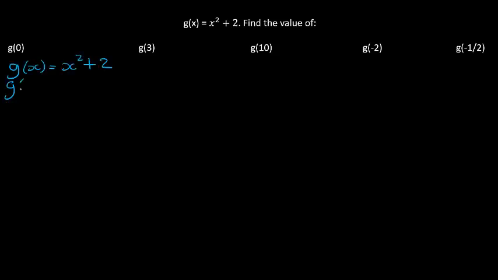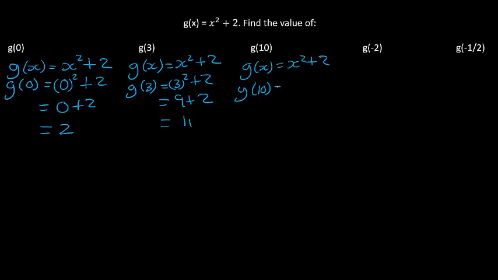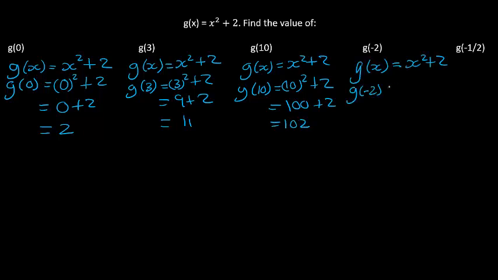g of 0 is equal to 0 squared plus 2, which equals 0 plus 2, which equals 2. g of 3 is equal to 3 squared plus 2, which equals 9 plus 2, which equals 11. g of 10 is equal to 10 squared plus 2, which equals 100 plus 2, which equals 102. g of minus 2 is equal to minus 2 squared plus 2, which equals 4 plus 2